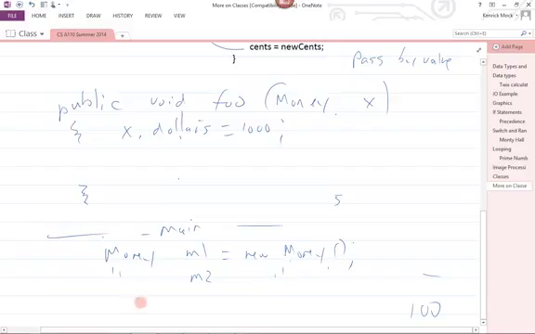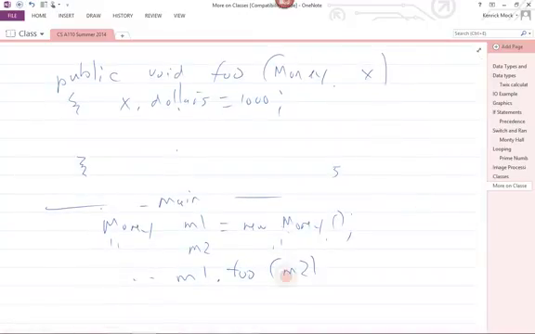So the bottom line is when we do something like m1.foo and I send in m2, what happens when I create the